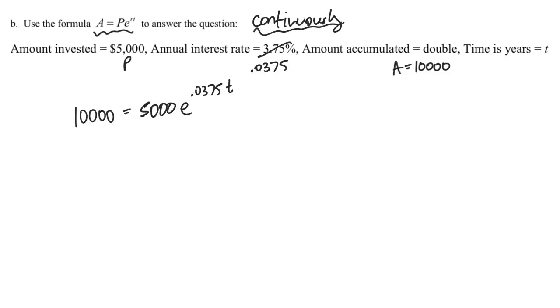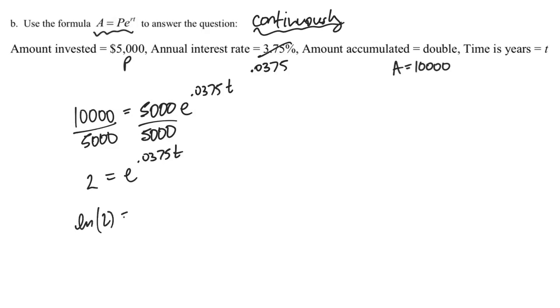And so what we're going to do first, as always, is isolate that exponential expression by dividing by 5,000, and that's going to give me 2 is equal to e to the 0.0375 t. And now when I take the natural log of both sides, this is a little easier because natural log of e is going to cancel. And so I'm just going to have 0.0375 t, and to get t by itself, we'll just divide by 0.0375 so that we get a final answer of